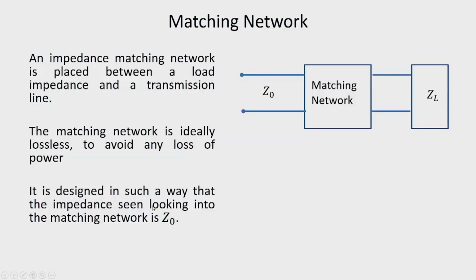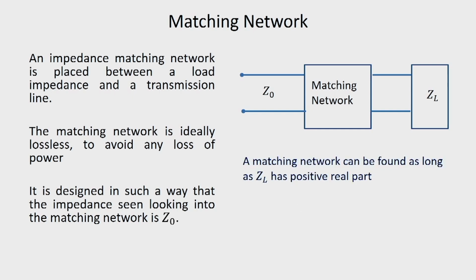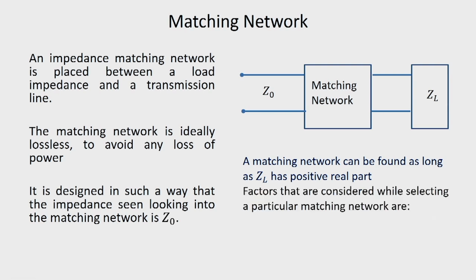So, a matching network is designed in such a way that the impedance seen looking into the matching network is Z0. So, if you look at this point, then the load impedance transformed by the matching network will give an input impedance of Z0 here. A matching network can be found as long as ZL has a positive real part, and there are several factors